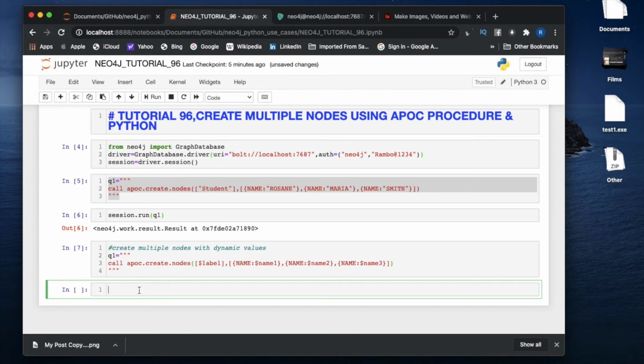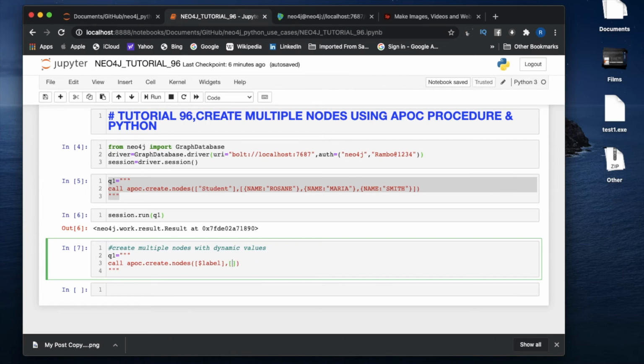Just hold on. Basically this is a list with a dictionary, so you can replace this using dollar map.